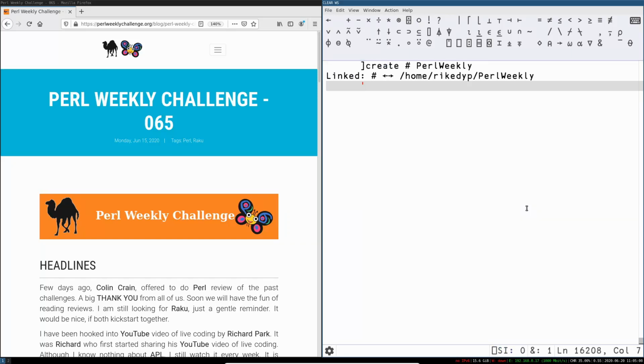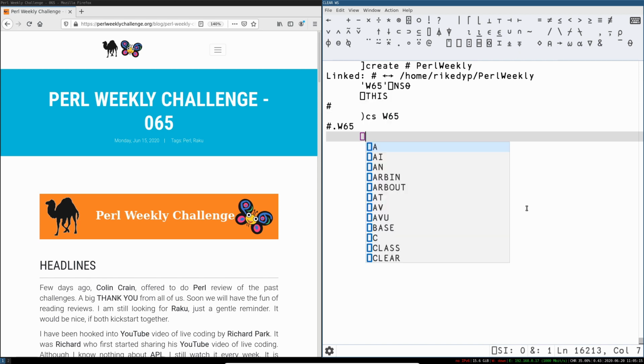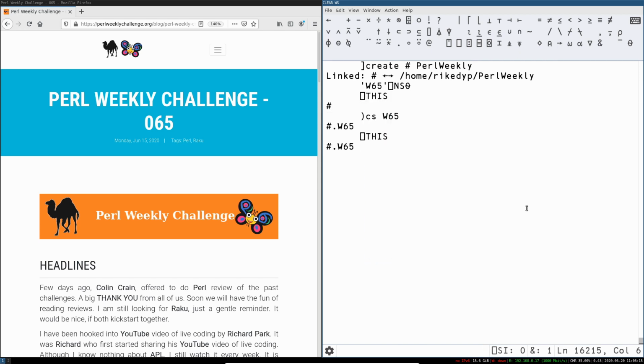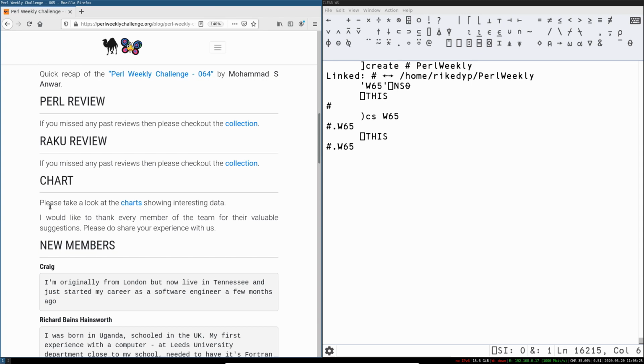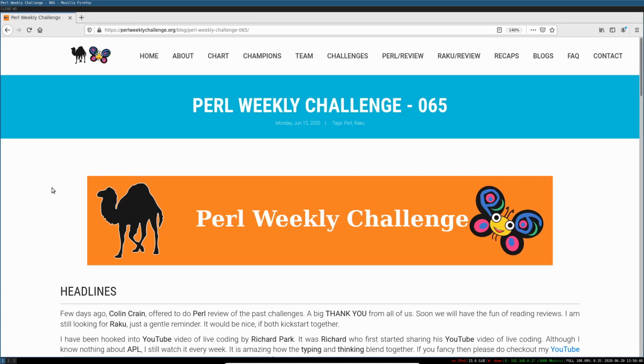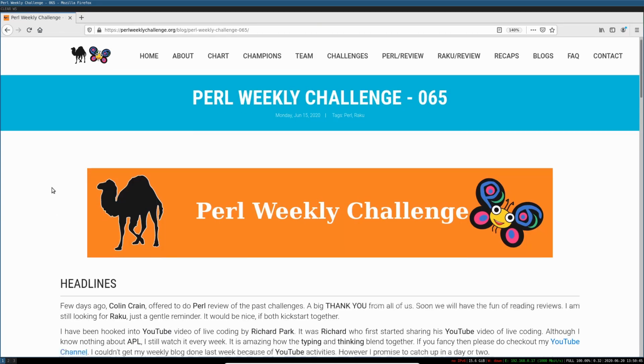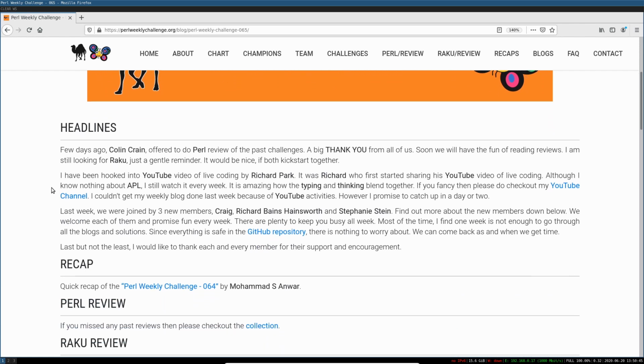Do with this, create a week 65 namespace. Quad this is hash week 65. Quad this is week 65 of Perl Weekly Challenge. I'm going to have another go solving the problem, editing the footage. So before I get on with solving the problem,